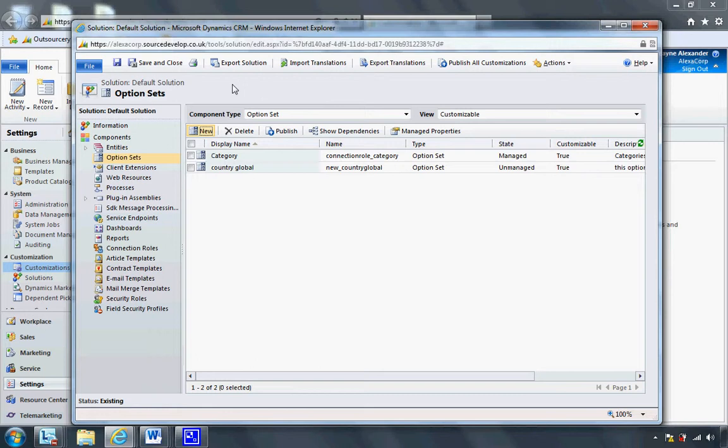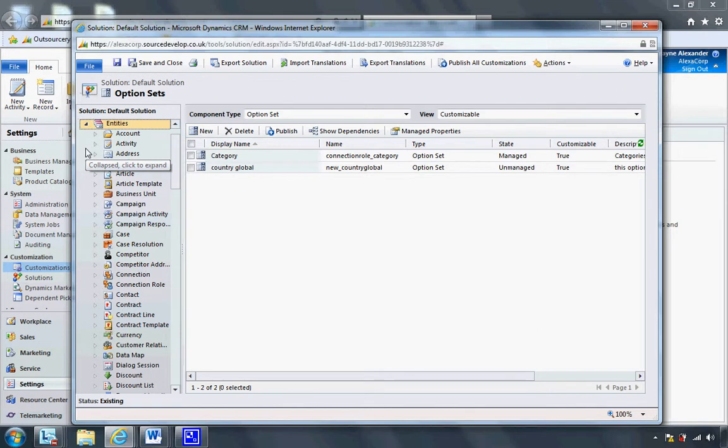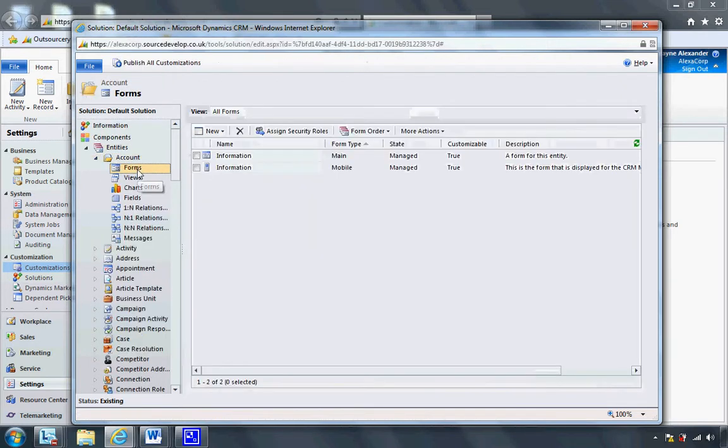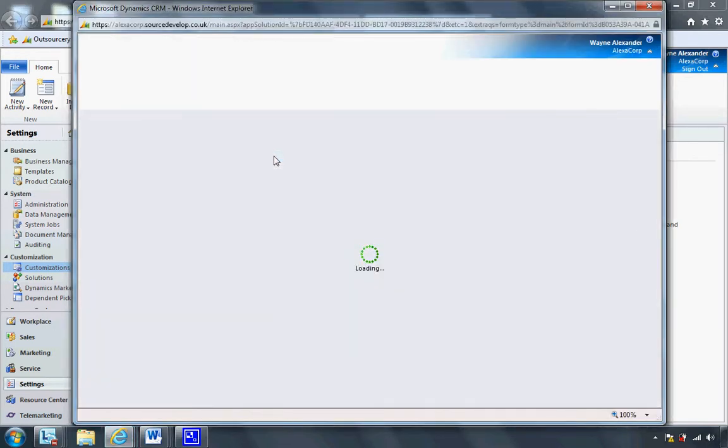Now, what I'm going to do is use this template for leads, accounts, and contacts. So I'm just going to go ahead and expand entities there. First of all, I'll start with account. I'm just going to do it directly on the form. So I'm just going to go into forms, open up my main form,